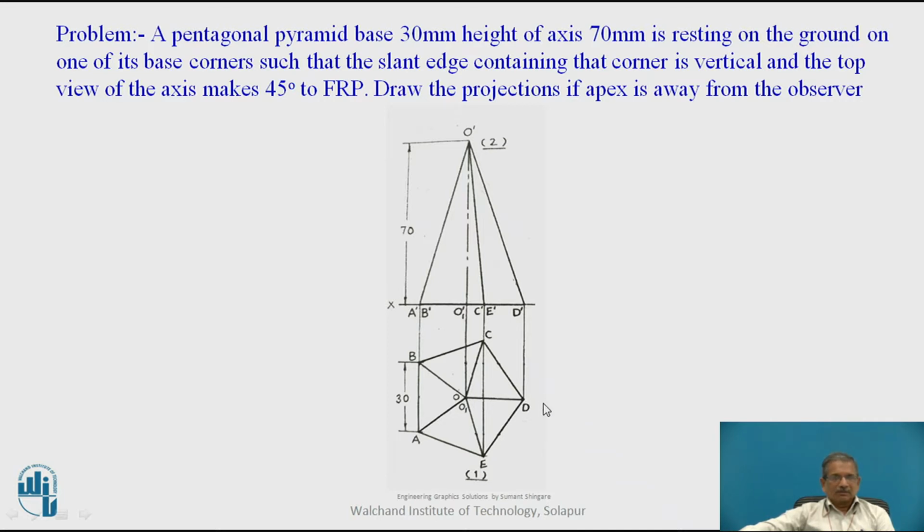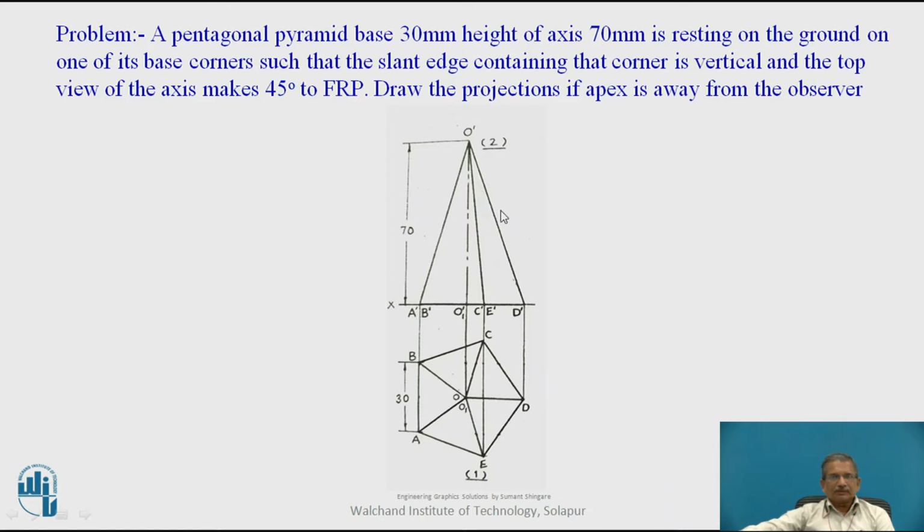So now construct a pentagon such that point D is towards your right hand side and DO of course will be parallel. Then make necessary angles and construct the pentagon. So join AO, BO, CO, DO and EO, which are the generators, because when we will observe it from top, all the generators also will be visible.